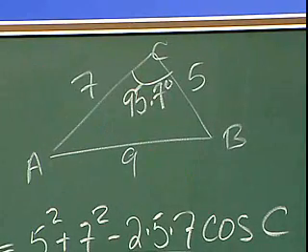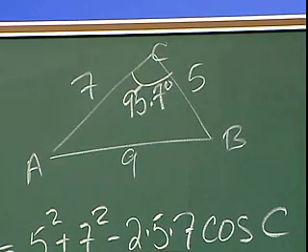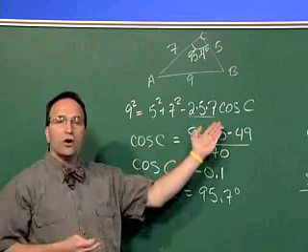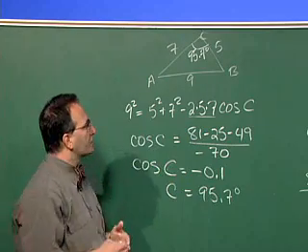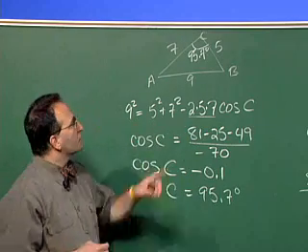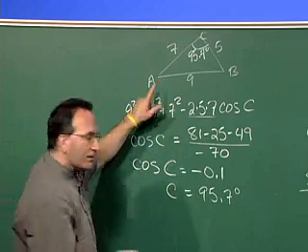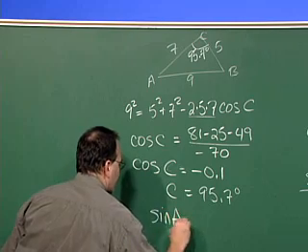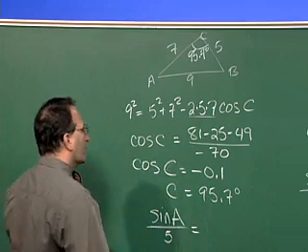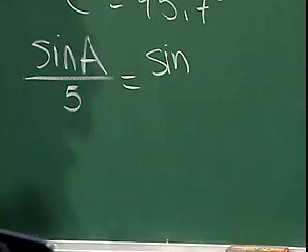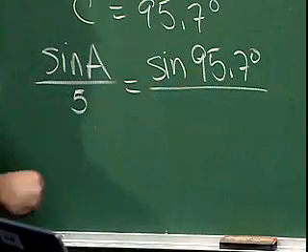Well, now that I have this angle, 95.7 degrees, I could use the law of sines, which you'll notice has fewer calculations in it than the law of cosines. That's why a lot of mathematicians would choose the law of sines over the law of cosines. So if we wanted to find angle A, we would set it up and say the sine of angle A divided by, of course, side A, which is 5, is equal to the sine of angle C. And the sine of angle C is the sine of 95.7 that we just calculated, and that would be divided